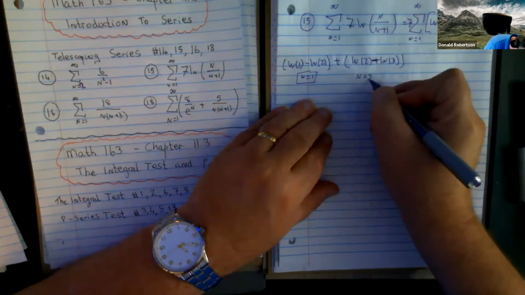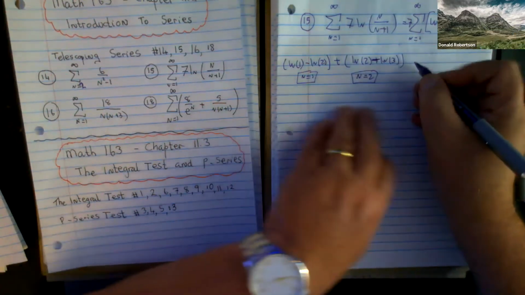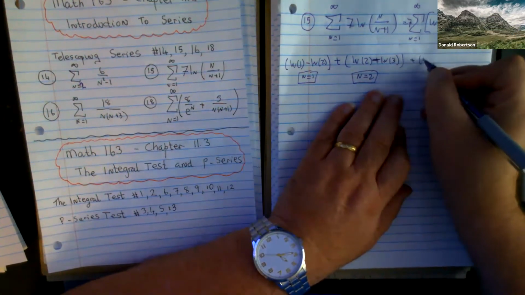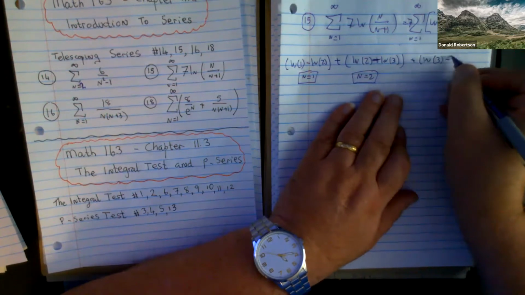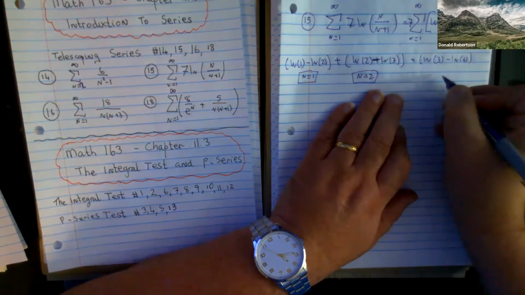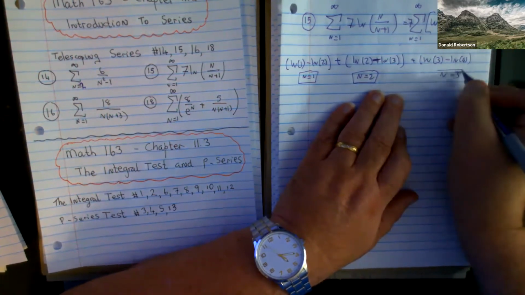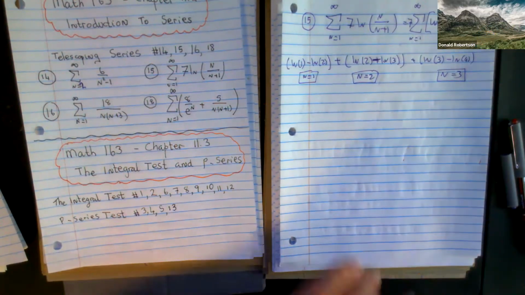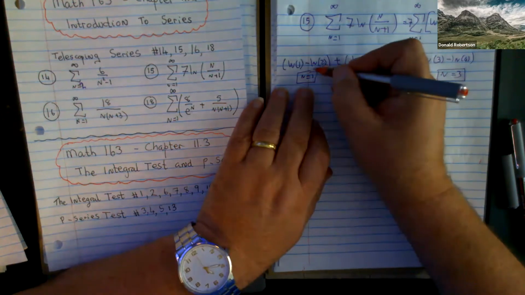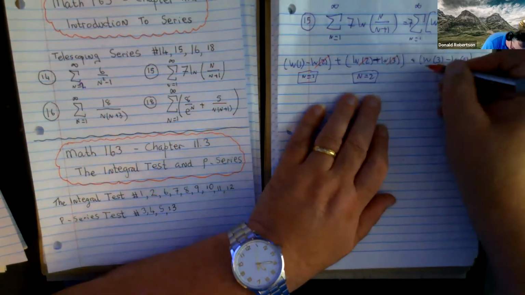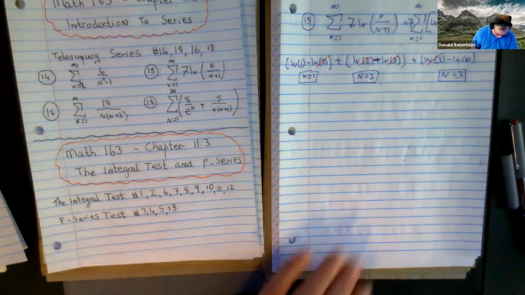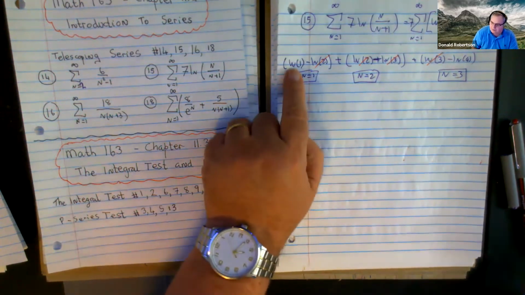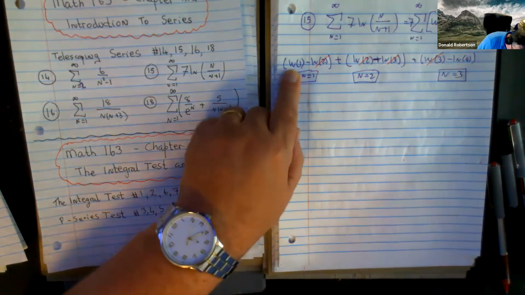That's what happens when you plug n equals 2 in. If you go to this one, you're going to get natural log of 3, take away natural log of 4. I think I can see the pattern already. Won't this guy get killed off by that one? Won't this guy get killed off by that one? Can you see only one guy's going to get left alive on the front? And that guy,